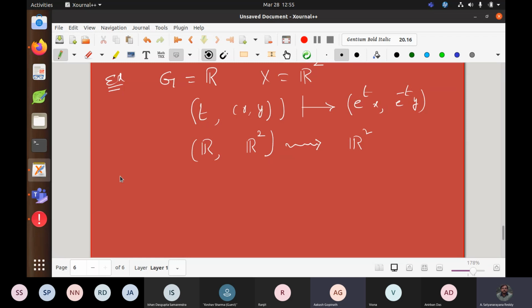The reason I brought that up was, if you look at the set of all e power t such that t belongs to R, you can define operations on this naturally. You'll get e power x into e power y is e power x plus y. You'll naturally have inverses, and the identity is just e power 0. Now this group is going to be isomorphic to the group R minus 0.